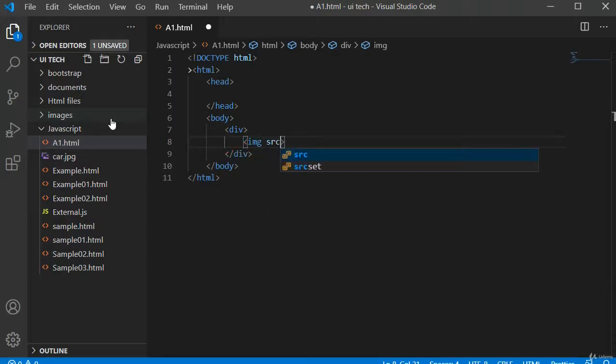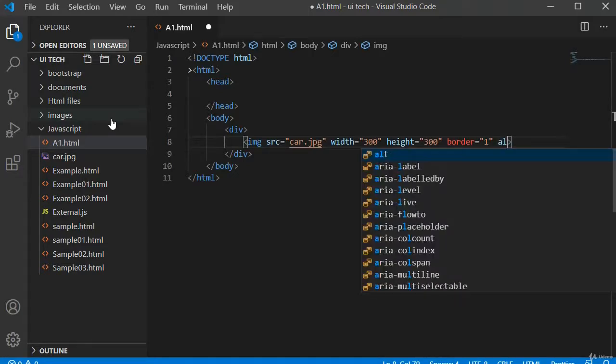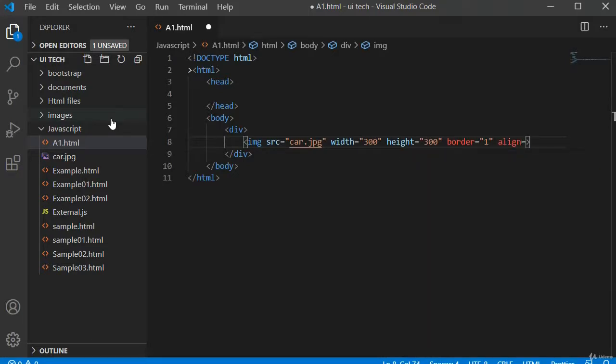Inside this img tag I am using src, and I want to see a car image, car.jpg. I will give width as 300, height as 300, border equal to 1. I will use align as center. Just save it, Ctrl S.